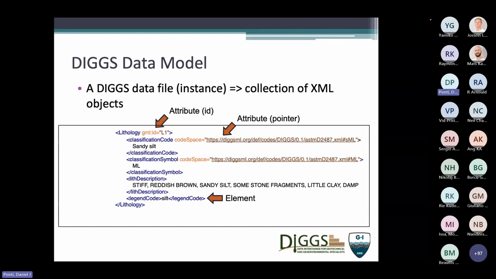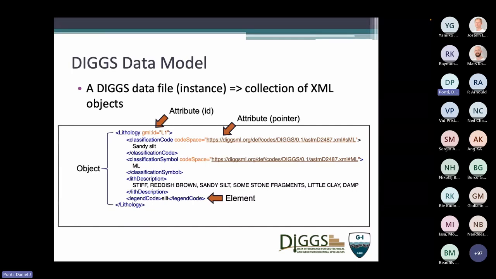So DIGS doesn't tell you how to define geology, but it wants you to tell other people where that information comes from. This is done through these code space attributes and dictionaries, which DIGS is developing sets of as well, but they can also be your own dictionaries. So we're not telling you how to do things, but we ask you to tell the rest of the world as you transfer this data how that information is defined. Obviously, elements can also have other elements associated with them. So this lithology element contains a bunch of other elements incorporated within it. And when we have a complex element like that, in DIGS speak, we call that an object. So that's our XML object.